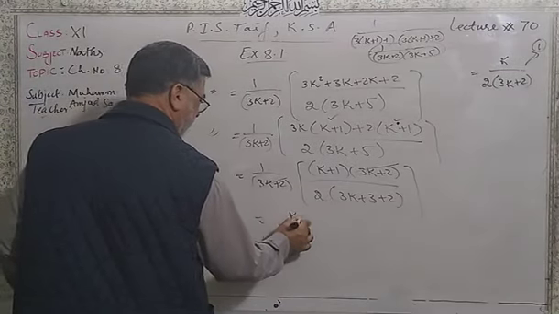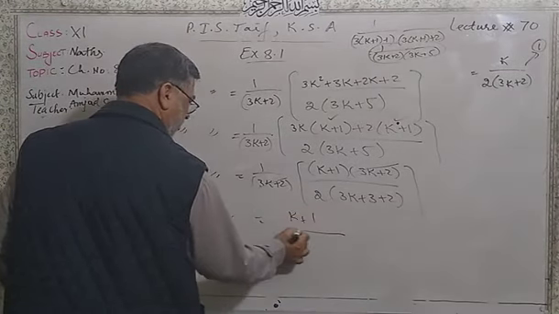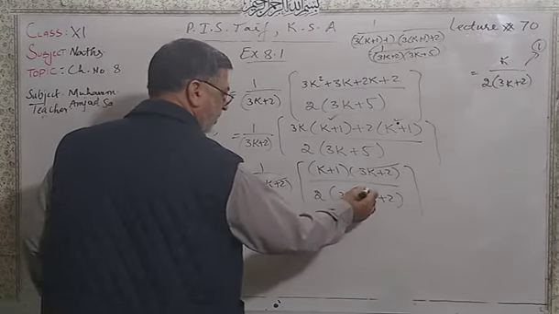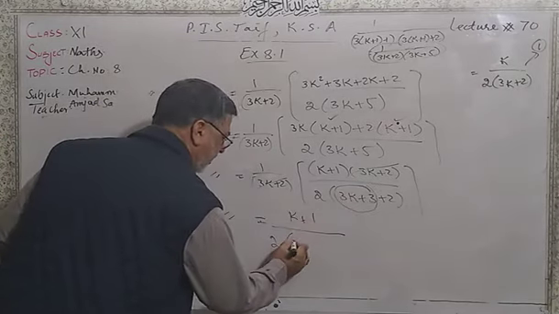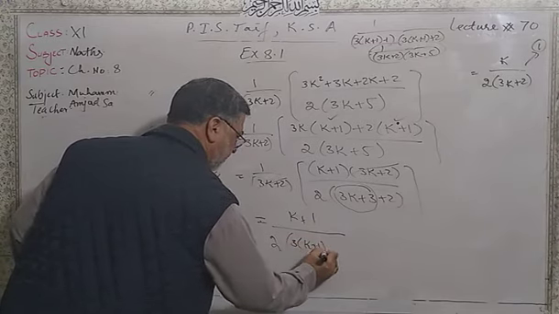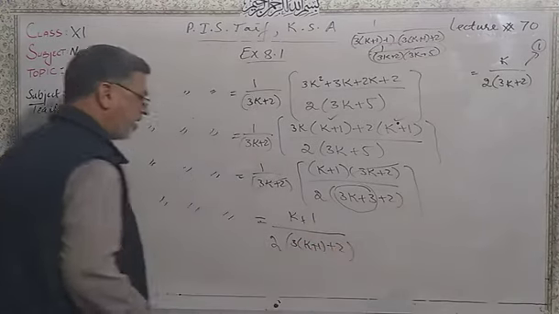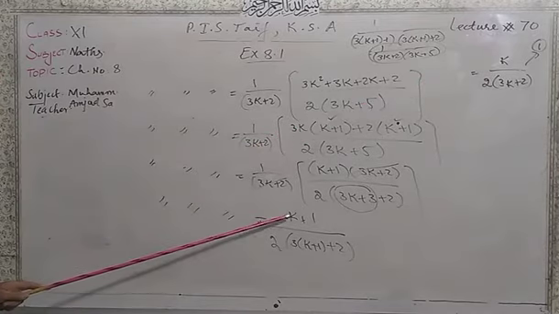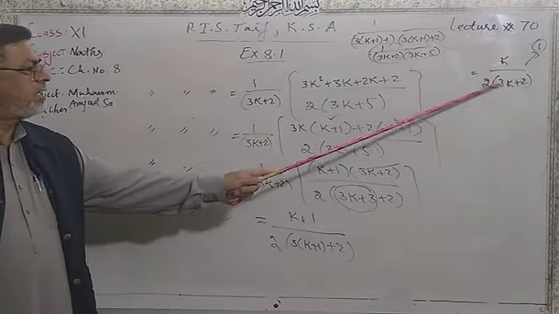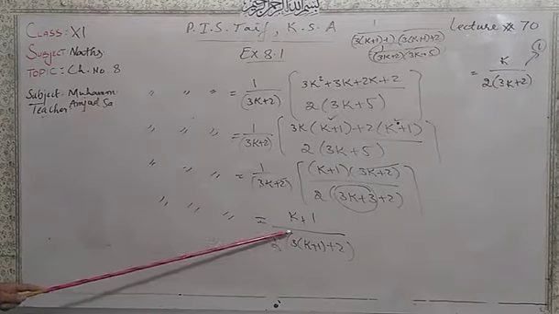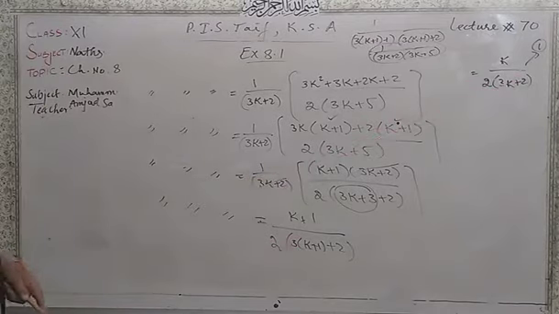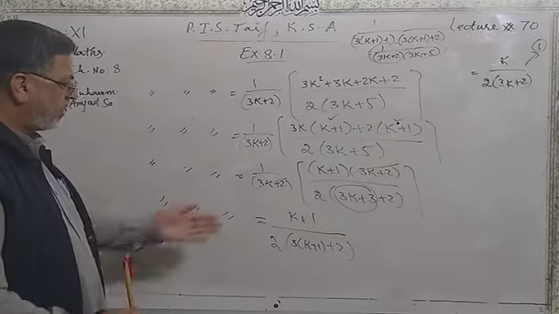That will be k plus 1 over 2 into, from these two terms, take 3 common. 3 into k plus 1 plus 2 inside the bracket. Dear students, you can check this was k, here is k plus 1. Here is k plus 1. 2, 3, 2, they are constant, they are same. So that is your answer.